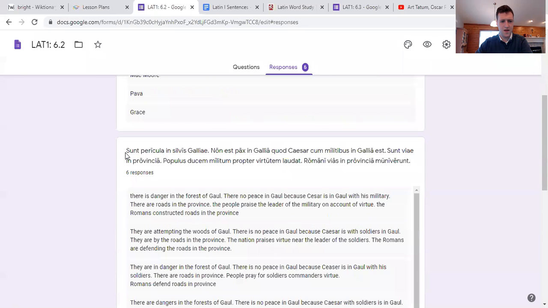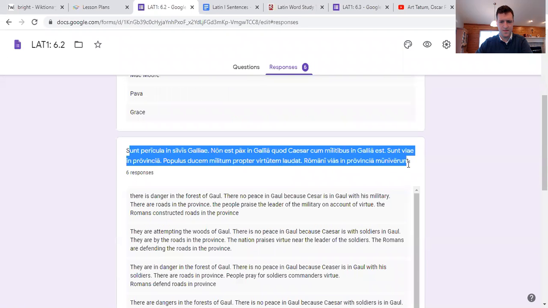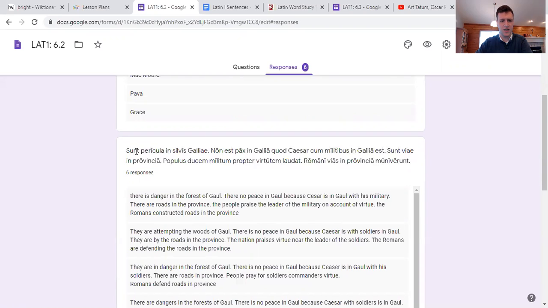Before we get started, just remember that what we're working on now are a lot of third declension nouns and trying to get our third declension endings down while still reading sentences. If you don't have those endings memorized, which you should, have them out somewhere where you can see them as we go through this stuff. So let's get started. Here's our passage from the other day. A couple sentences, we'll go through them one at a time.